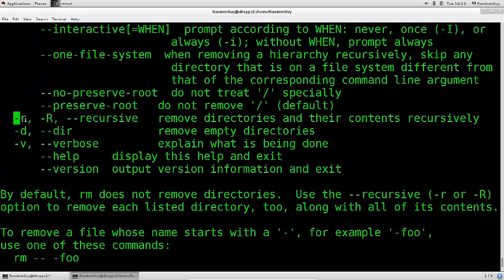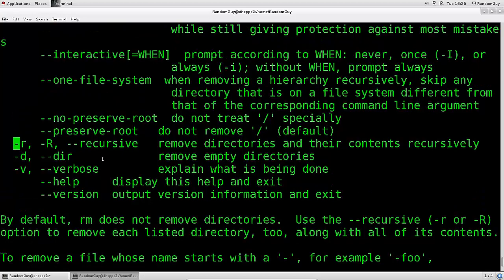So dash lowercase r or dash uppercase R or dash recursive. I purely doubt that anybody actually uses dash recursive. Usually it's dash capital R or dash lowercase r. These things are universal pretty much. Any command that has recursive abilities will actually have these two arguments pretty much embedded into it. Anyway, if we move upwards,